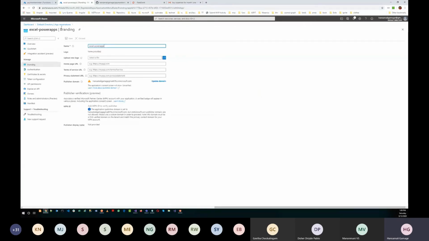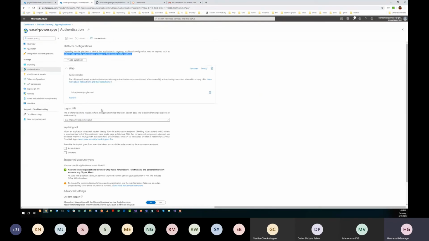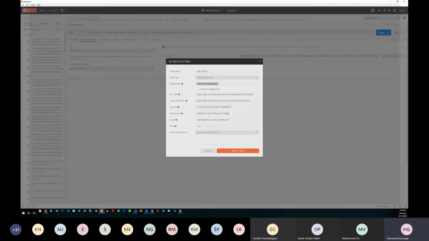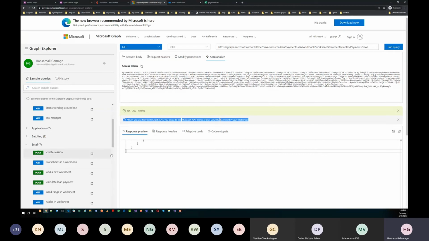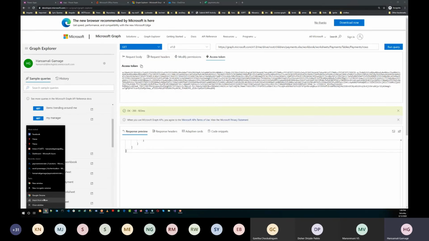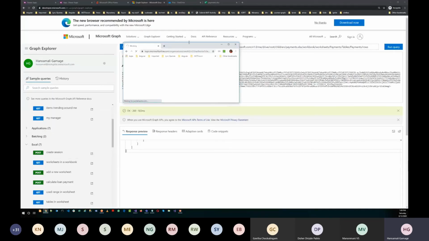In the overview also it's there, redirect URI. Here I have set up the redirect URI as google.com. Since this application is not going to do any redirection, you can provide anything. Since I have used this one, you have to provide the same. Sorry, my portal just got vanished. It's something wrong with my mouse, I guess. So I will go there again.